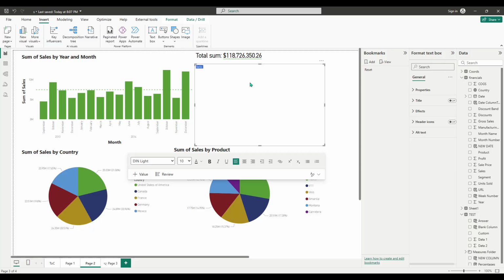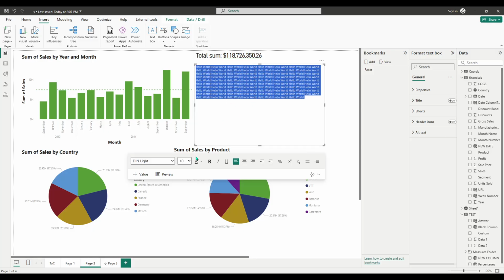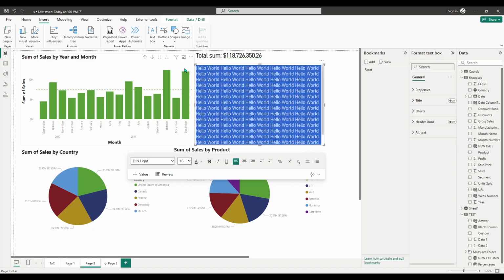Click inside the box and start typing your content. Use it for a clear page title, a brief instruction, or a helpful annotation near a visual. As you type, you'll see formatting controls that let you adjust the font, size, color, alignment, and emphasis. Keep titles concise and readable, and choose high contrast colors to make your text easy to see against the report